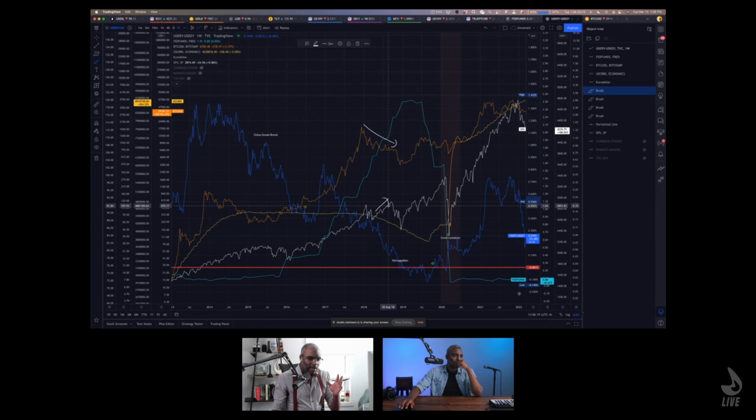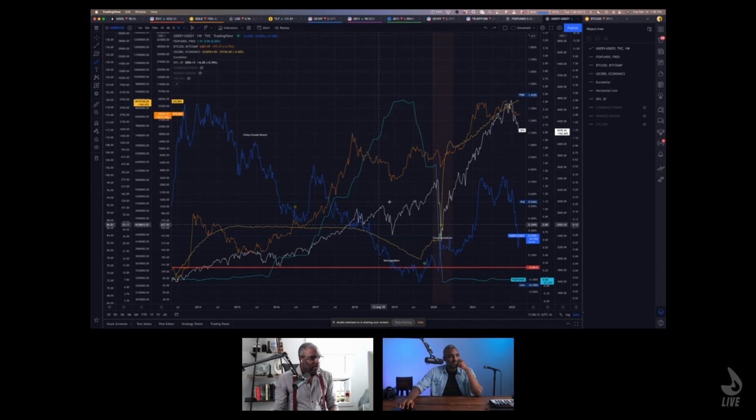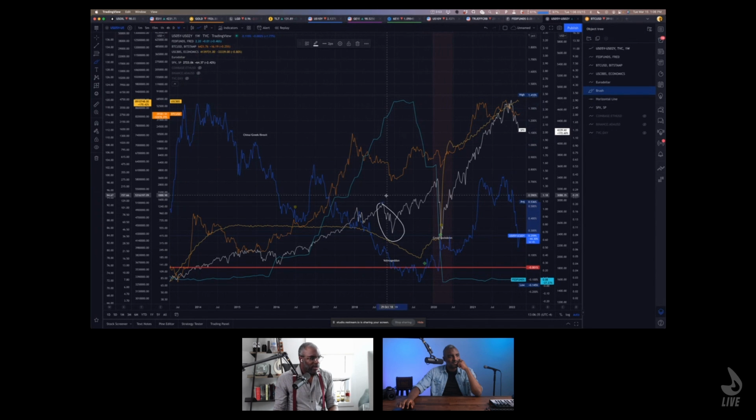Never underestimate the ability for the stock market to rally on bad news. All kinds of dynamics happen there, but suffice to say, the stock market goes through the shock over here. Anyways, there's a number of reasons why the shock happened, but you see that it hit both the stock market and the crypto market.